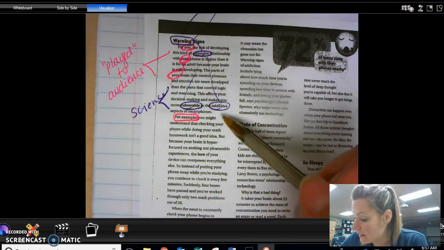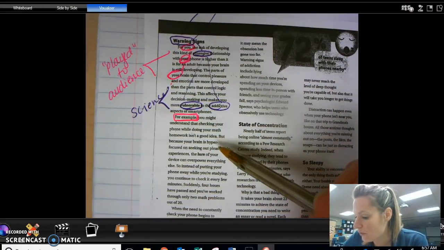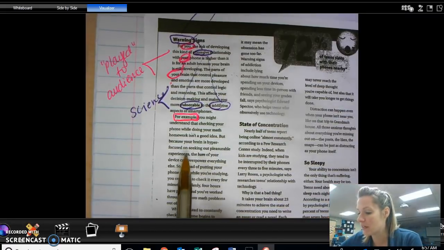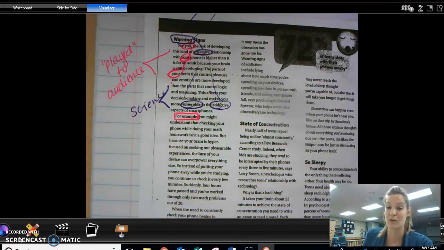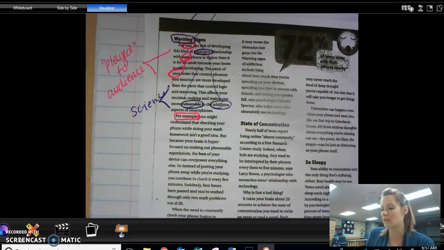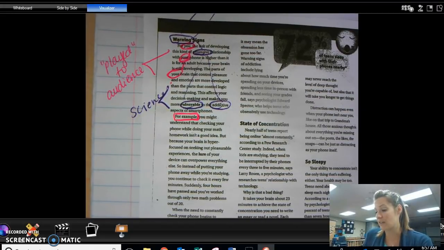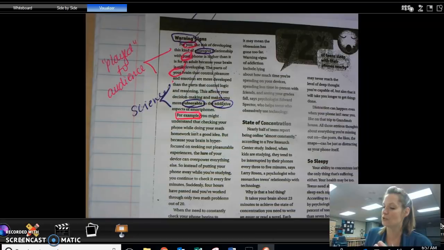You might understand that checking your phone while doing your math homework isn't a good idea, but because your brain is hyper-focused on seeking out pleasurable experiences, the lure of your device can overpower everything else. So instead of putting your phone away while you're studying, you continue to check it every few minutes. Suddenly, 4 hours have passed and you've worked through only 2 math problems out of 20. Okay, so here I noticed she gave an example and then she kind of told a little story,